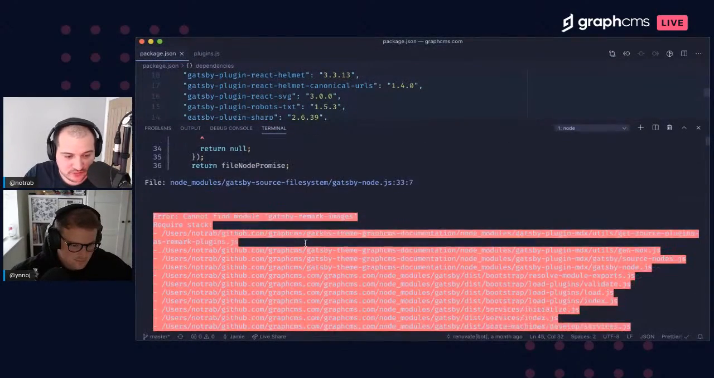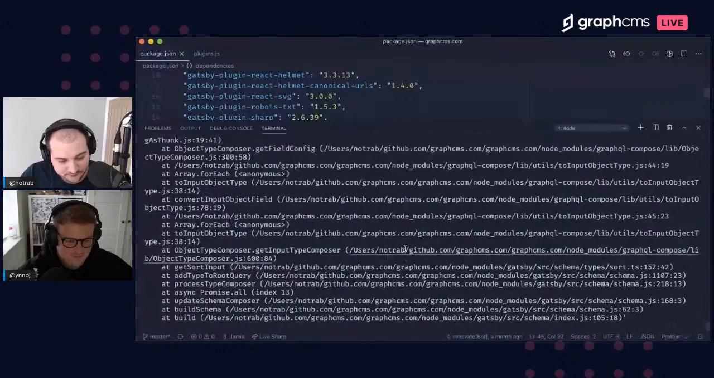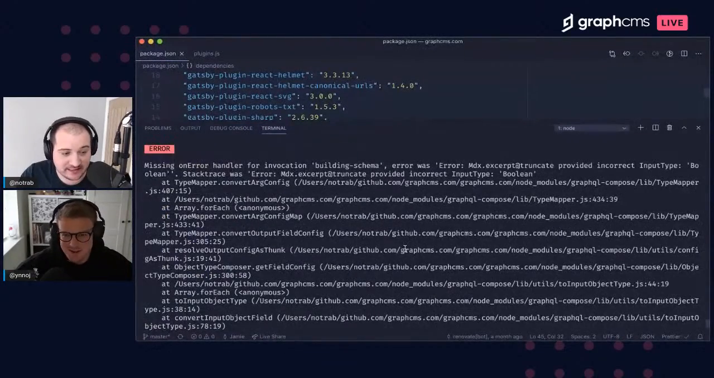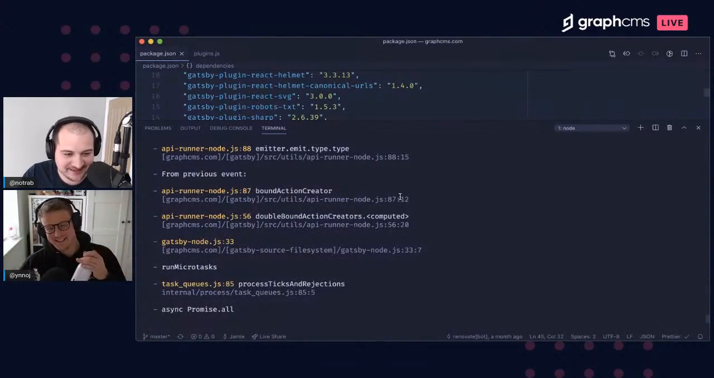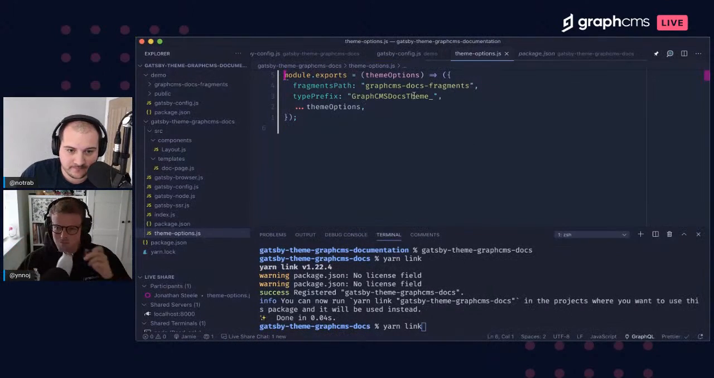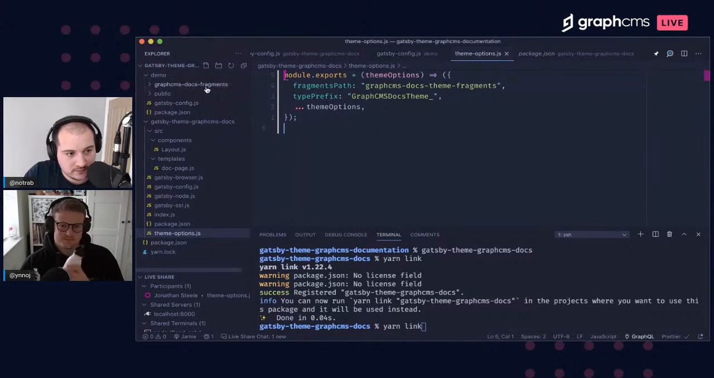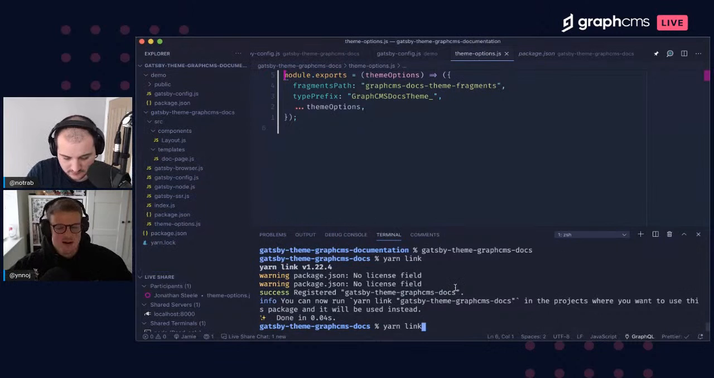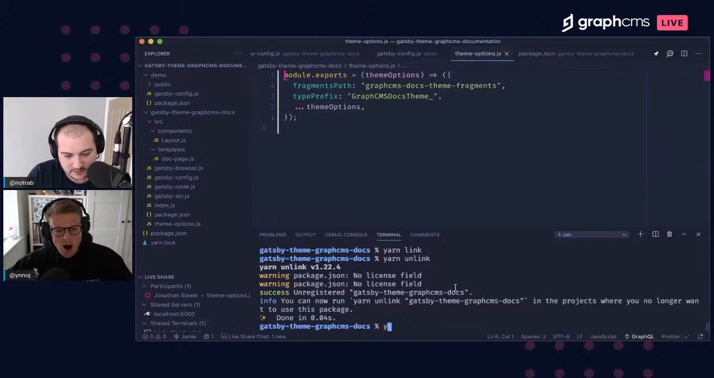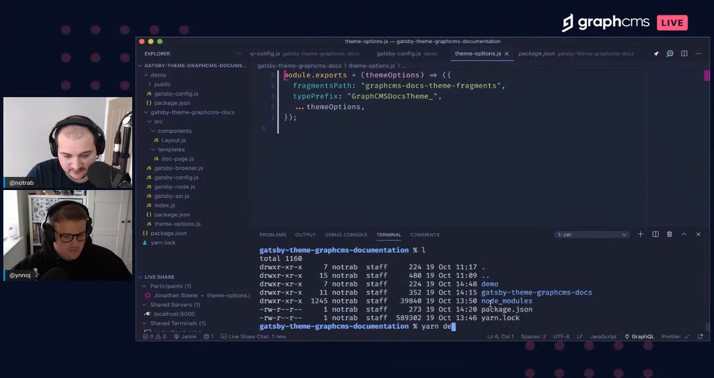So, cannot find module gatsby-remark-images. I don't know. It's not important that we do this right now. It would have been nice to see how that just worked. Yeah, so it probably is time to call it a day on that one. So if we go back and run yarn dev,